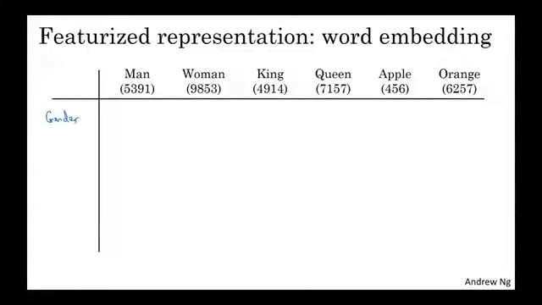So for example, each of these words might have, we want to know what is the gender associated with each of these things. So if gender goes from -1 for male to +1 for female, then the gender associated with man might be -1, for woman might be +1. And then if you're actually learning these things, maybe for king you get -0.5